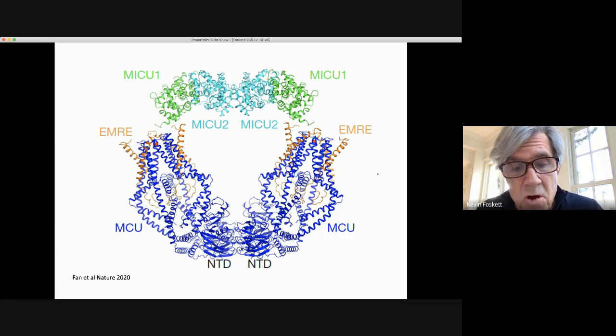So the N-terminal domains are a strong determinant of the dimer. Another determinant of the dimer, although you can break this interaction without breaking the dimer, is MICU2. So MICU2 has two interfaces. One interface is, oh